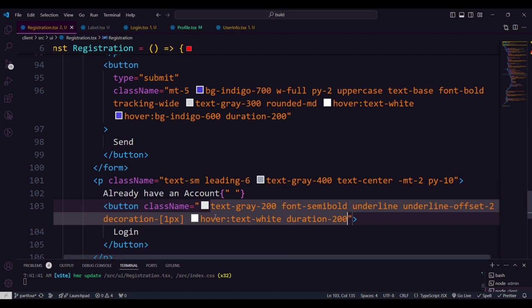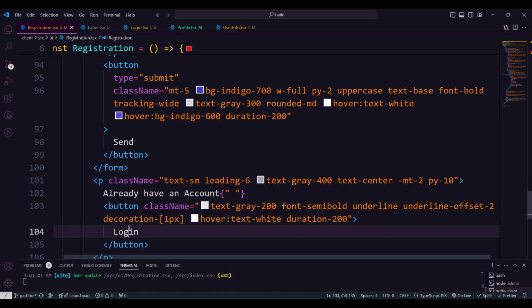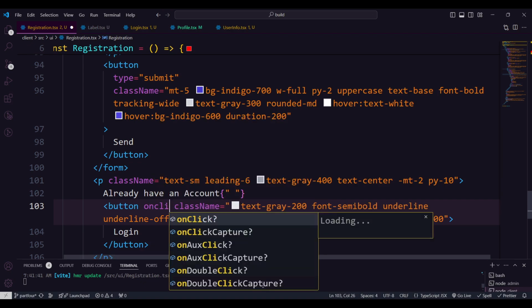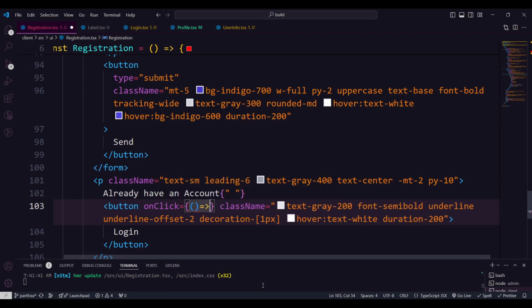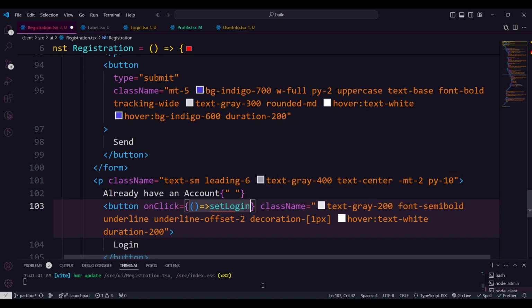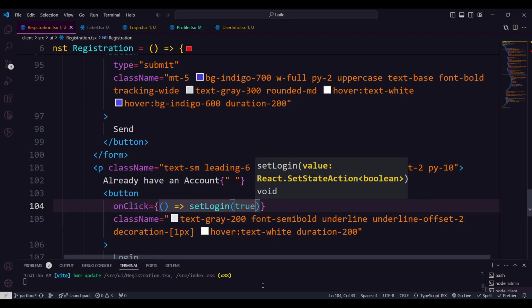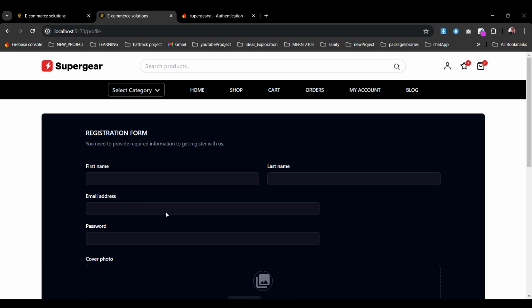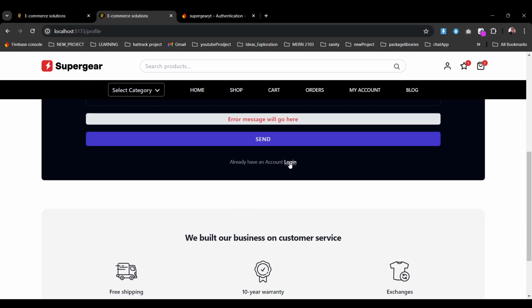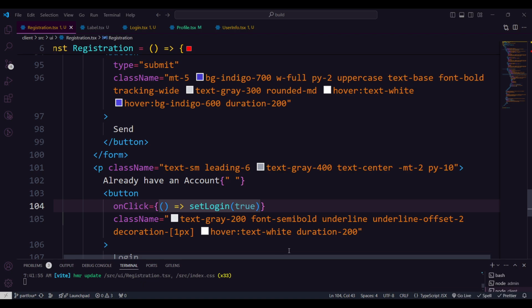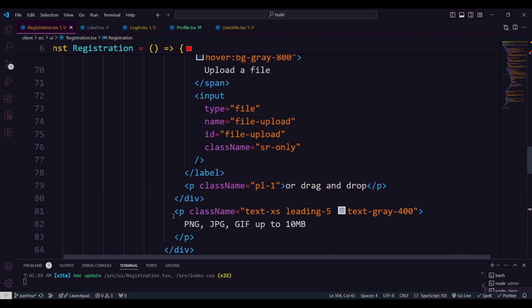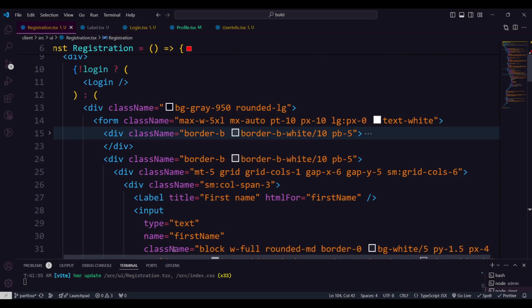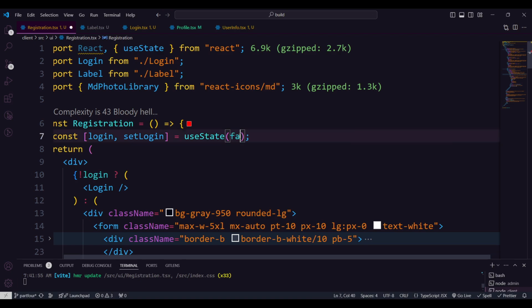Okay, cool. And now once we click on that, we're also gonna write an onClick, where we make set login as true. Right now it will not work in the proper manner, as you see, it will not go with that particular event, as we didn't finish it yet. Later on we're gonna implement that. Right now it's already true, so it will not make those things happen. So to see if it's working or not, we need to make that false,